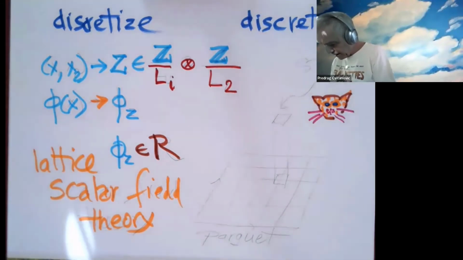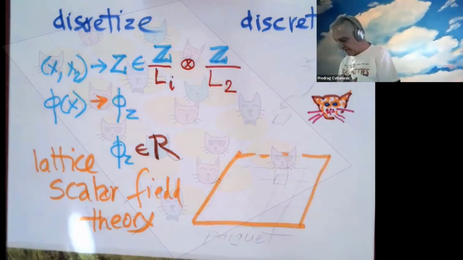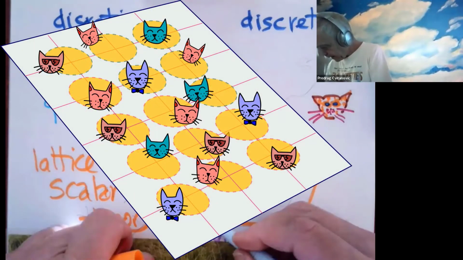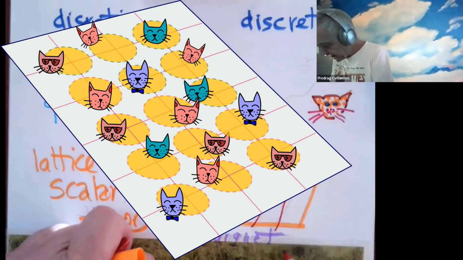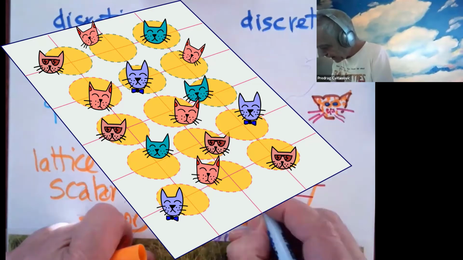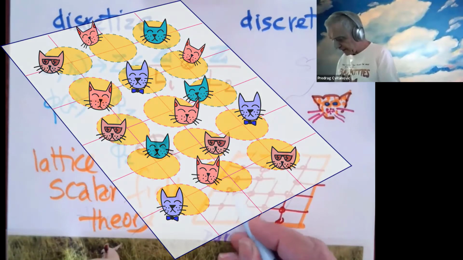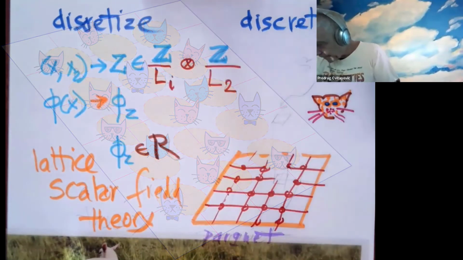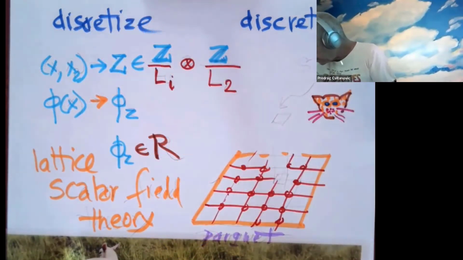We are taking our spacetime. We think of it as a parquet floor. It's covered by regular tiles or parquets. We can account for each one of them just by specifying one point. We usually make it a unit lattice with unit spacing. And on each of these